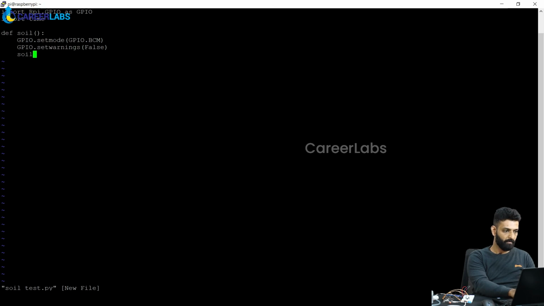Next I will create a variable soil pin and give the value as 18, which is the GPIO pin to which the soil moisture sensor is connected. So this is a comment I am giving to the line. Next we need to set this soil pin into input mode.